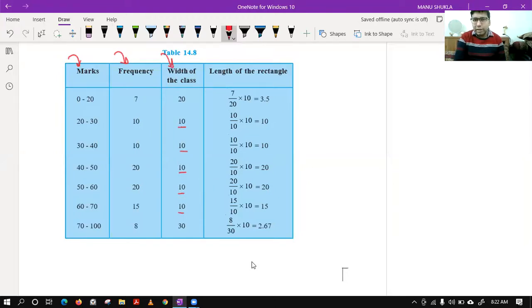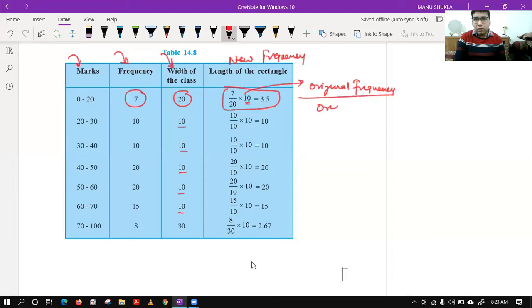You can see that the same thing is done over here. They have written 7 upon 20 multiplied with the minimum class width. So you can say it is a formula. If you don't want to learn the unitary method, you can use the formula for new frequency. The new frequency is original frequency upon original class width